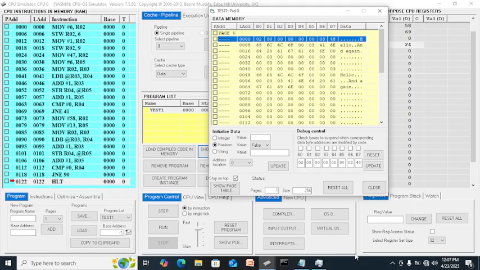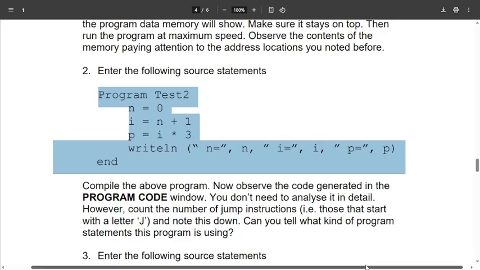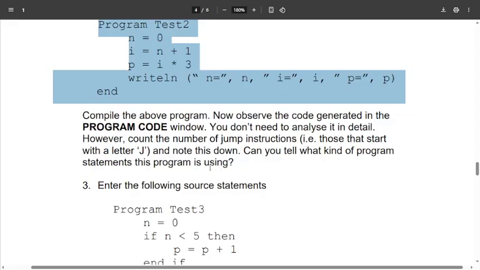Okay, so like what I demonstrated to you last time in ODDebug. So this one, compile the above program. Now observe the code generated in the program code window. You don't need to analyze it in detail.